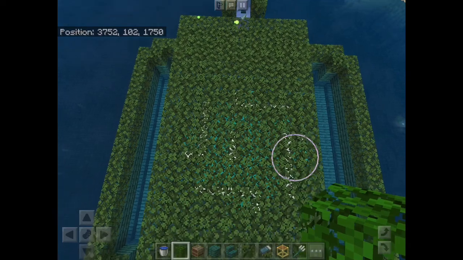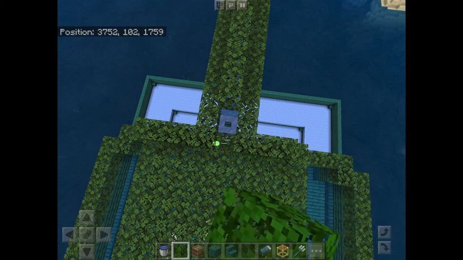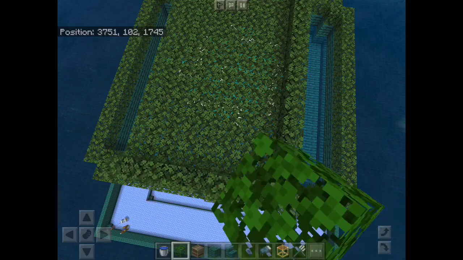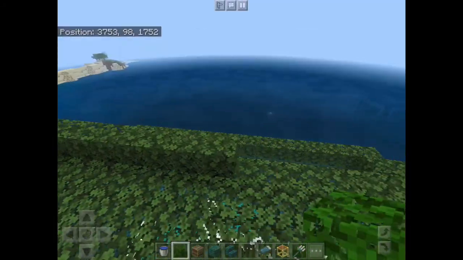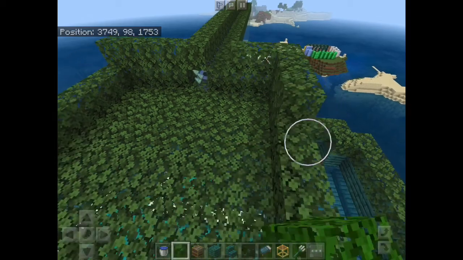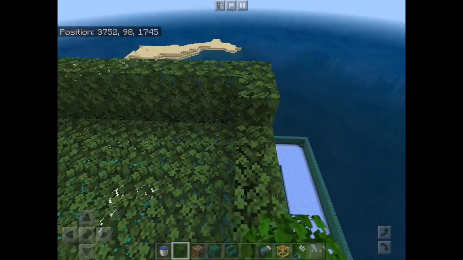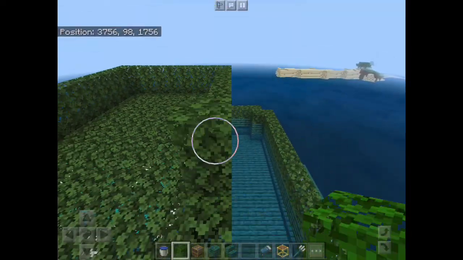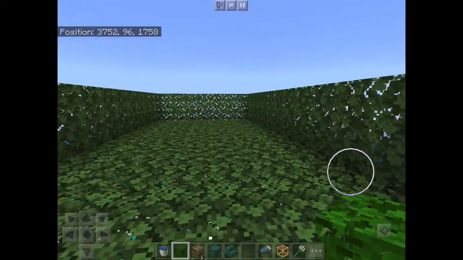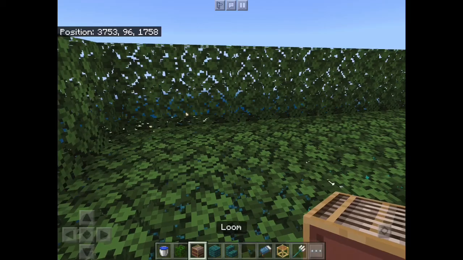Alright, so once you've got a 9x15 platform built up, you're going to want to put walls around the outside here. Make sure to leave a space for your door. And bring this up to 2 blocks. Alright, so once you have a 2 high block wall around the outside, you're going to want to get out your crafting stations